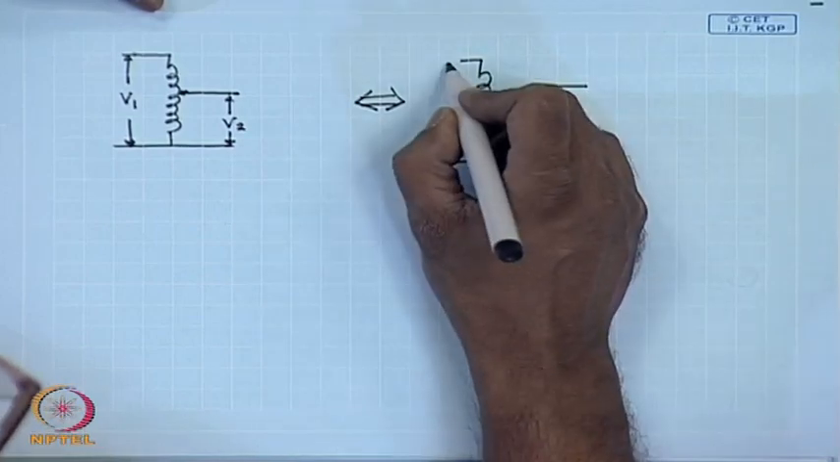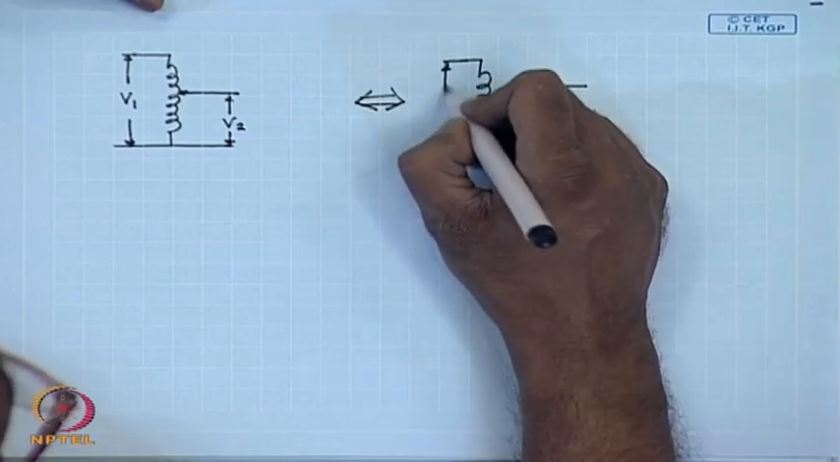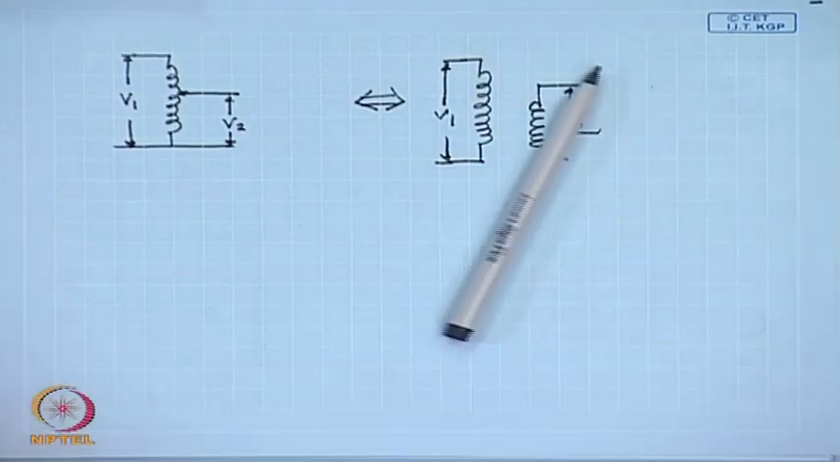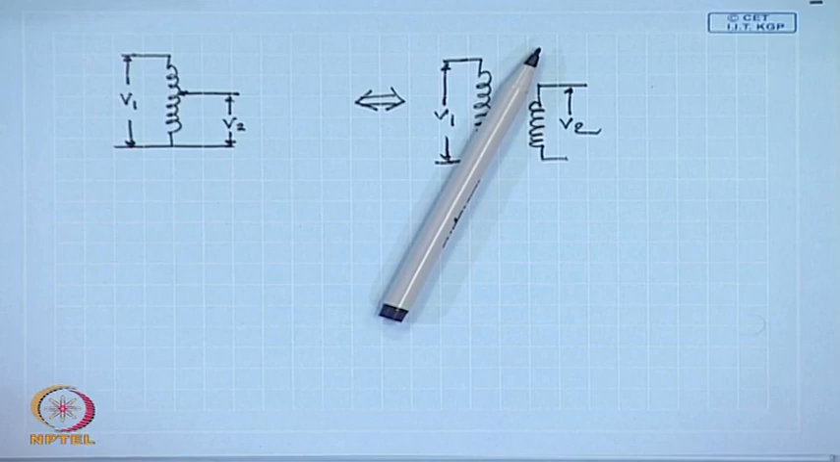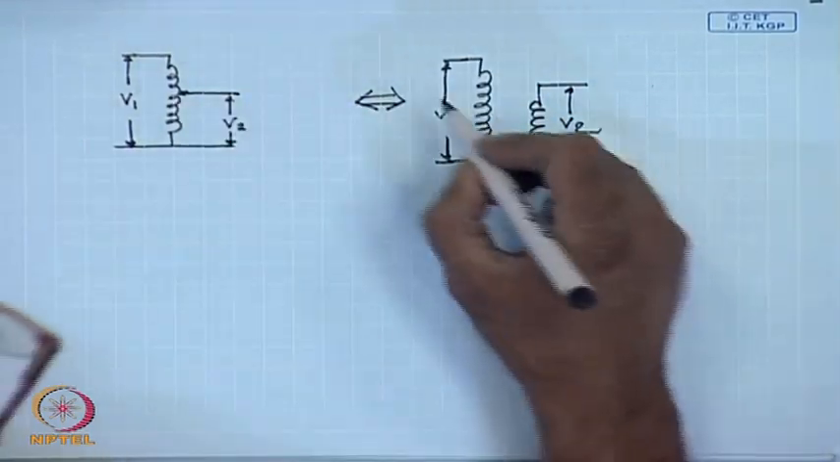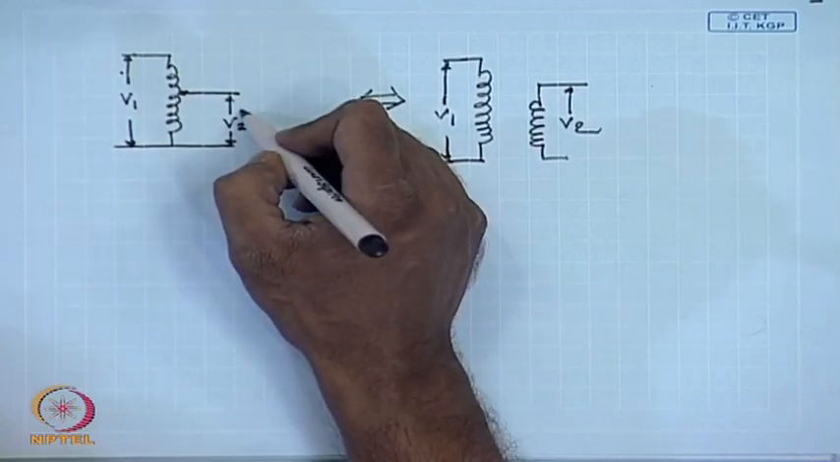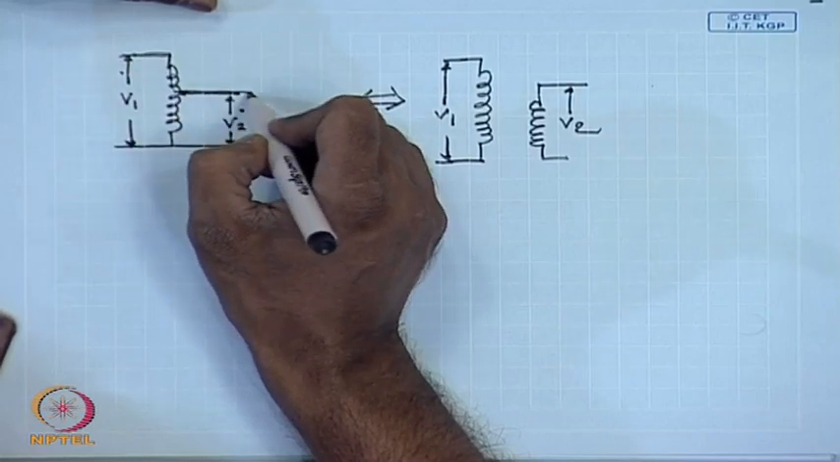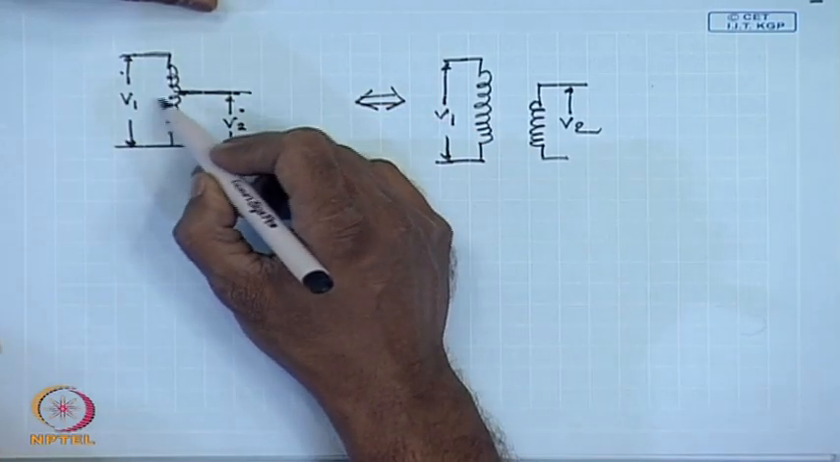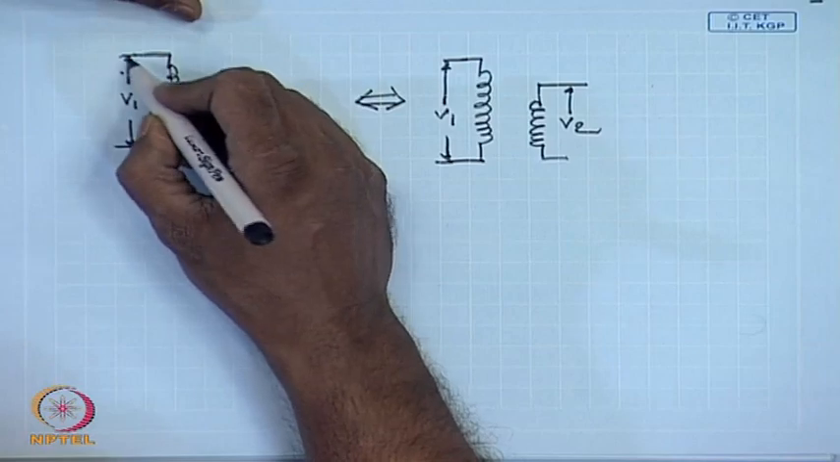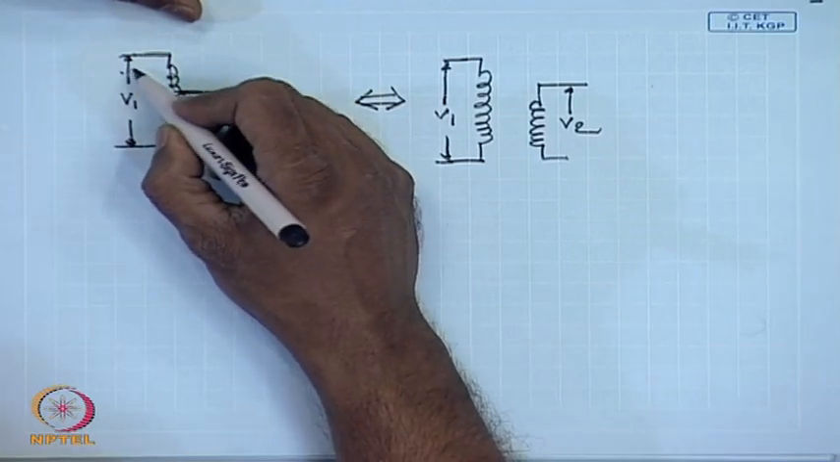unlike a resistive potential divider. The reason being, the power transfer from input to output in this case occurs not only by the conductive path like this, but also by magnetic induction. By that we mean, when we apply a voltage here, a flux is produced which links